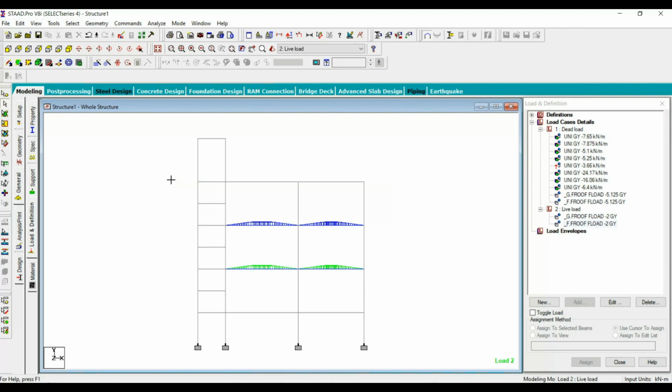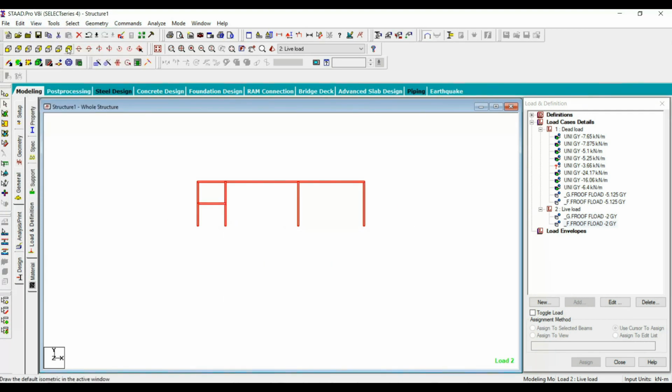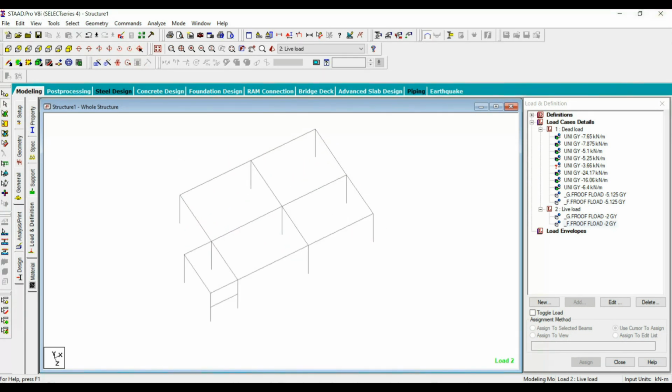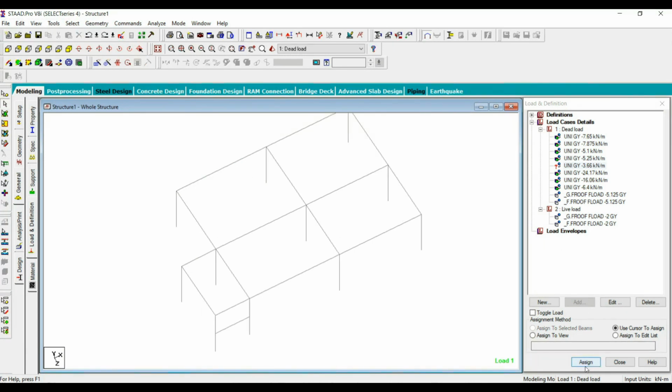Here we need to apply some changes. Because the main walls will not come here, we need to assign the parapet wall load, this one. Here the staircase headroom wall will come, so we can apply that load.